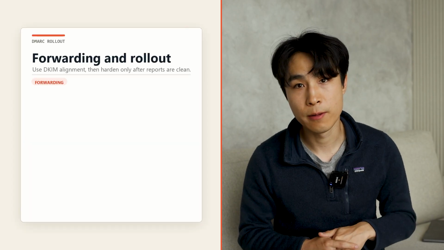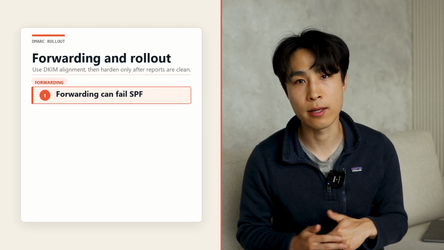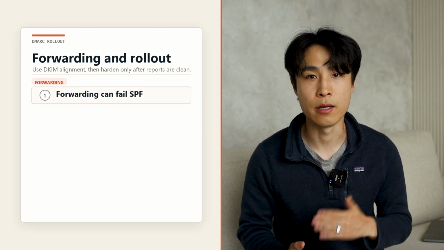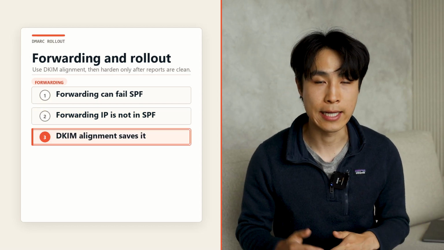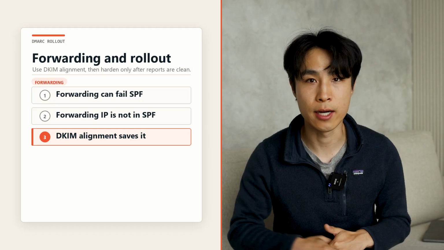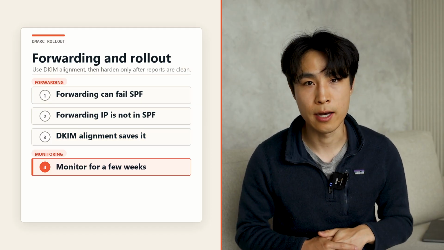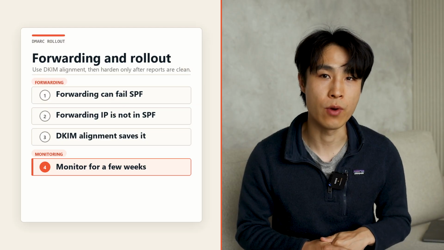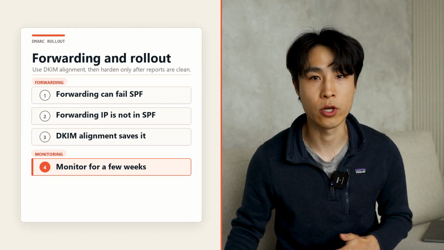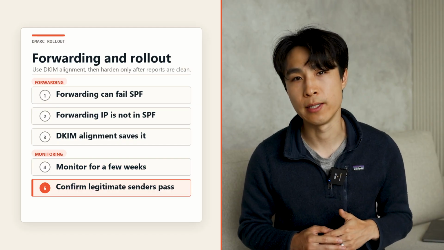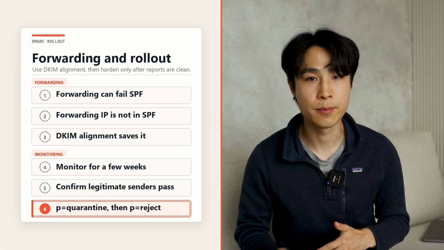For forwarding, however, if any of your addresses forward emails to another inbox, just keep in mind that that can cause SPF failures, because the forwarding server's IP won't be in your original SPF record. Again, that's where having DKIM alignment fully set up is what's going to save you there and allow DMARC to pass. So once you've got all this set up, really you want to let that DMARC monitoring run for a few weeks. The reports will tell you who's sending email on behalf of your domain. Once you've confirmed everything legitimate is passing, your Workspace accounts, any third-party tools as well, you can move towards p=quarantine